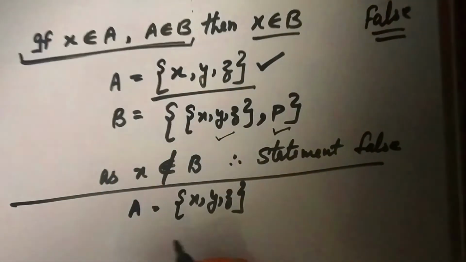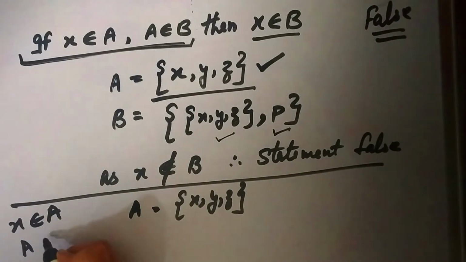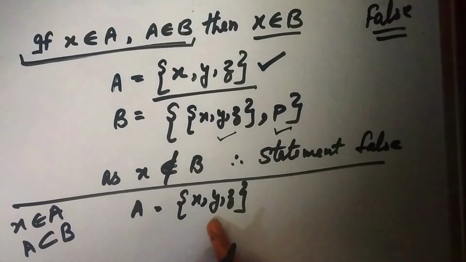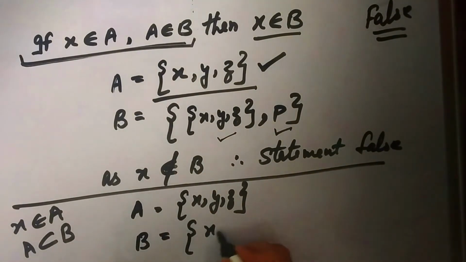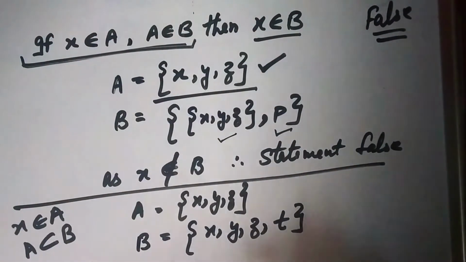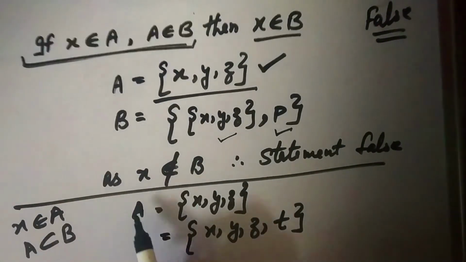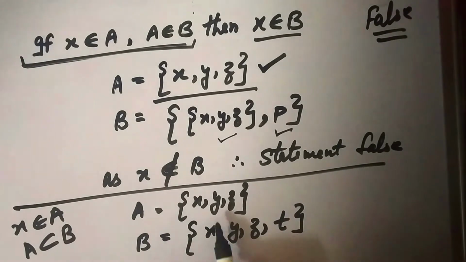Here we are discussing X belongs to A and A is a subset of B. Okay. Now, A should be a subset of B. That means B should be a bigger set. You may say this. In the first condition it said this should be an element, so it can be an element like this only. Now A should be a subset. So now yes, this would be one of the subsets of this. It will have 2 raised to power 4, that means 16 subsets, and this is going to be one of them. So this is meeting this condition.